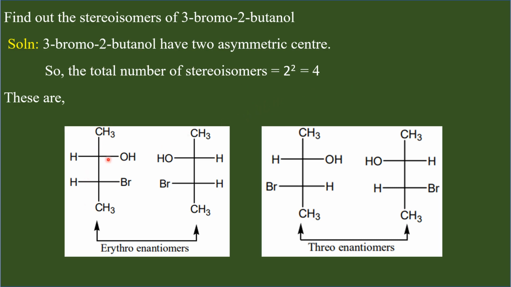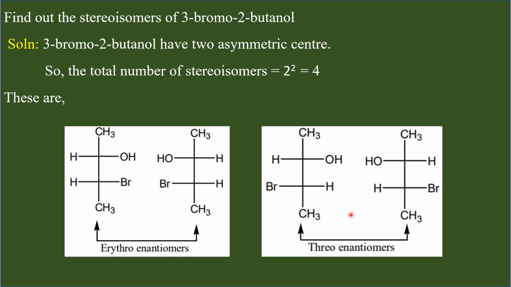Now look at this structure. There are 2 chiral centers having methyl and hydrogen, 2 similar groups, and one group that is different. Therefore, you can write erythro and threo isomers for this compound by keeping hydrogen and methyl on the same side or keeping them on the opposite side. Here these two are the erythro isomers. So with all the guidelines I have given so far, now you can identify these two as the erythro enantiomers and these two as